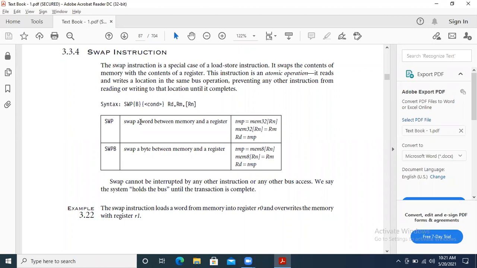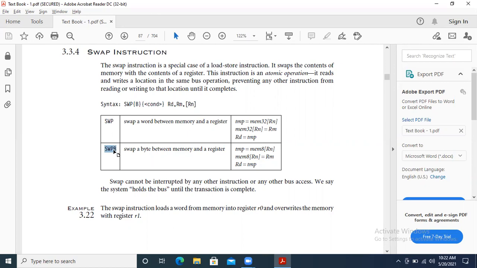Suppose if you want to swap one word, then I have to use the syntax called SWP. That is called swap here. Suppose if you want to swap only one byte, then you have to use SWPB. B indicates that I am swapping only one byte of data from one place to another. That is called SWPB.